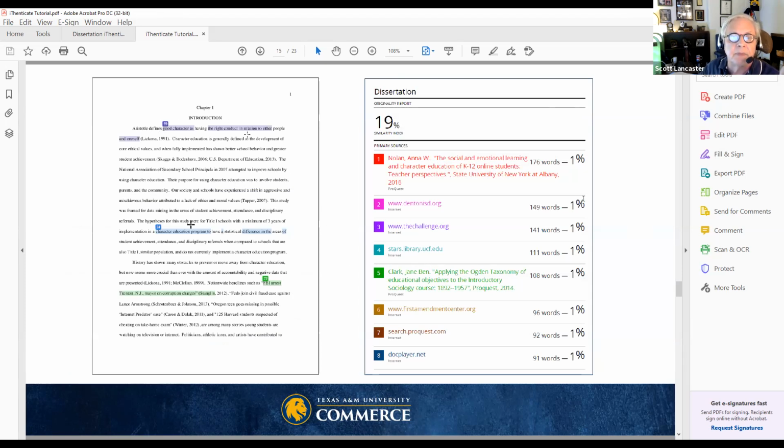It has highlighting all through it, and it's got numbers to it, like this is 59. And then all the way at the end of the document, you're going to have a number of pages that show all of the sources that the similarity has been found in. And I'll show you what this document looks like too.